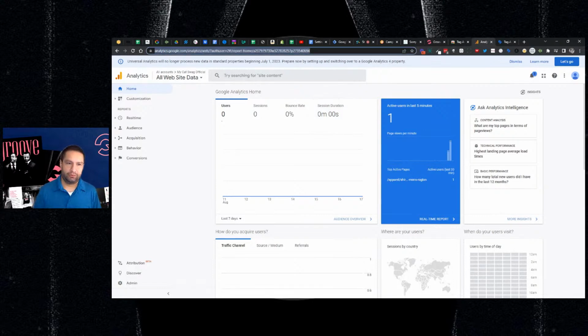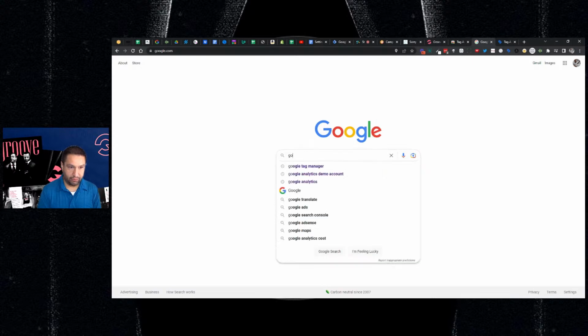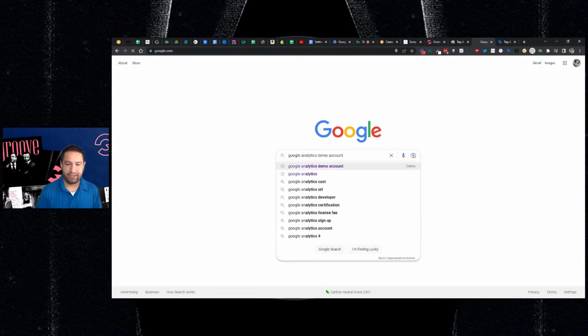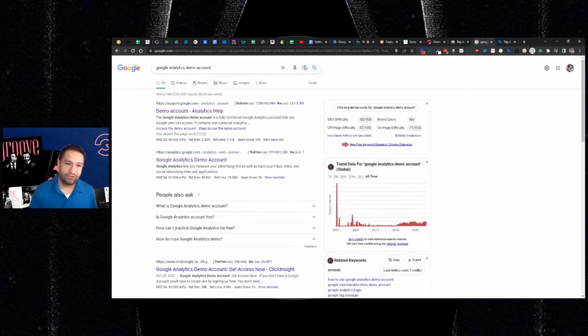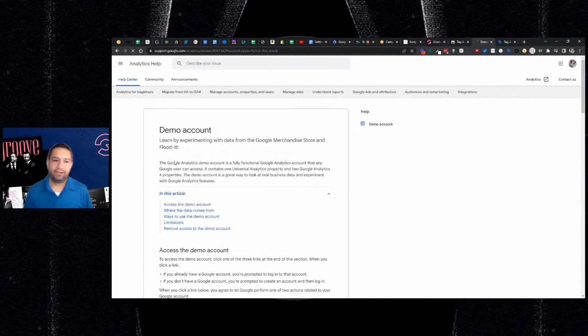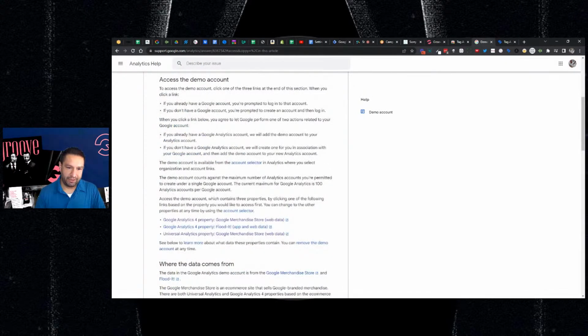is you can go to Google and type in Google Analytics demo account. Okay. And then you can actually go into an analytics account that you can look at, right? And you can analyze stuff. So you can go right here. See, it says Google Analytics demo account. We can click on this, and then it says access the demo account. And then we're going to choose this one